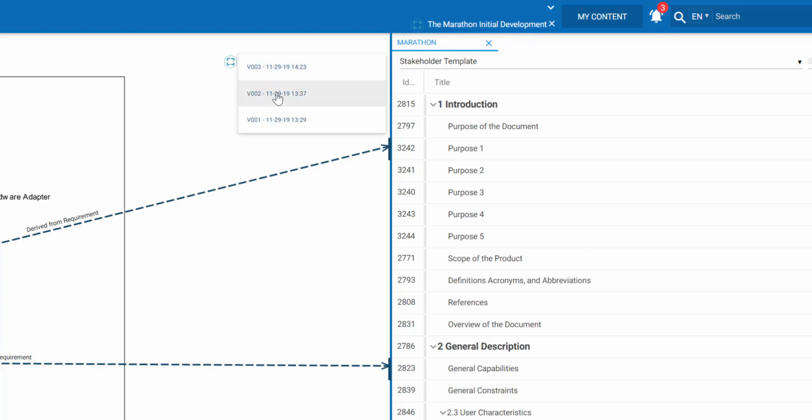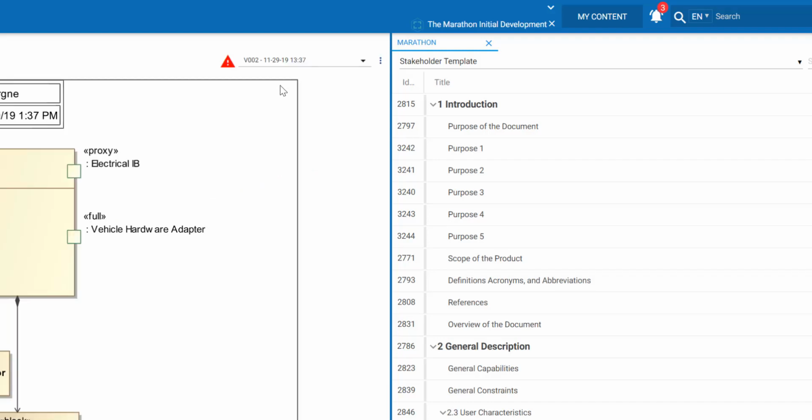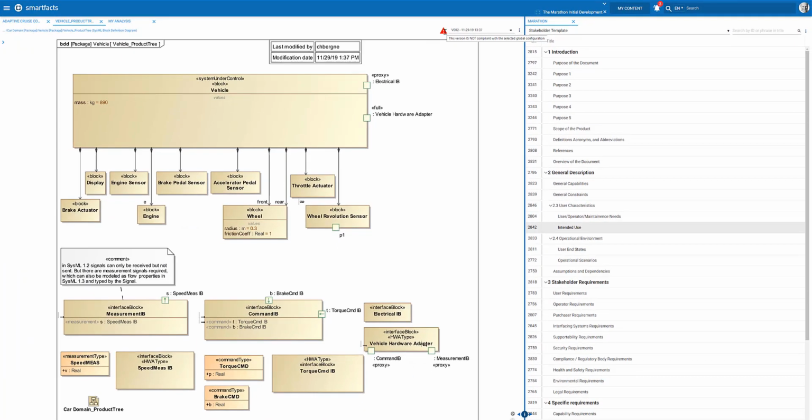If we select a different version, then this will not be compliant anymore. And now we get that red triangle that tells us this version is not compliant with the selected global configuration anymore. And of course, we've recognized that all the links have disappeared because these links are not valid in this